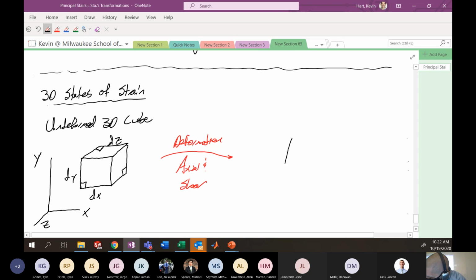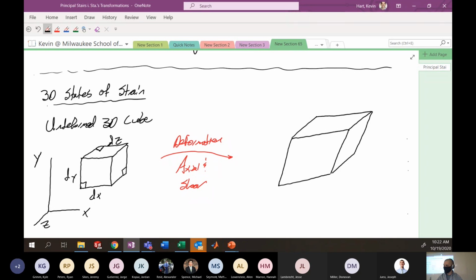All right, so let's say we have a new deformed picture. It might look something like this. All right, that's not half bad, actually. And the idea here is that the edges now might have changed length from just axial elongation, but also the angles at like the intersections of these lines have also changed.